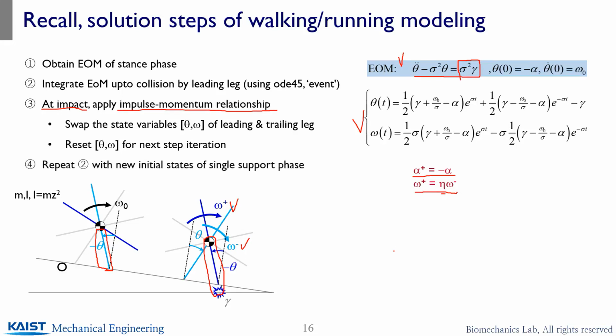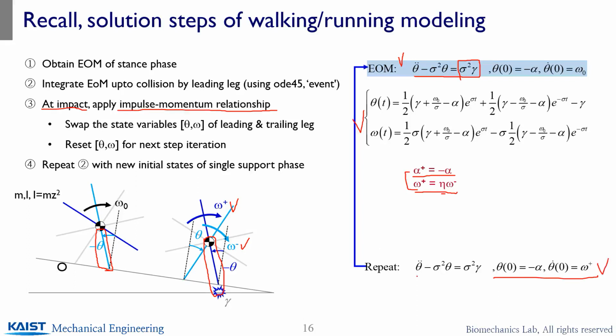So with the initial condition as omega minus, the initial condition of angle as minus alpha, and the initial condition for the angular velocity as omega plus, you will have another equation of motion for the single support phase to solve. So you just keep repeating solving this until you figure it out, maybe finding the periodic gaits or behavior for the repeated gaits. Okay, so to have a steady state gait, which means you keep having the same state variable set for each single stance,